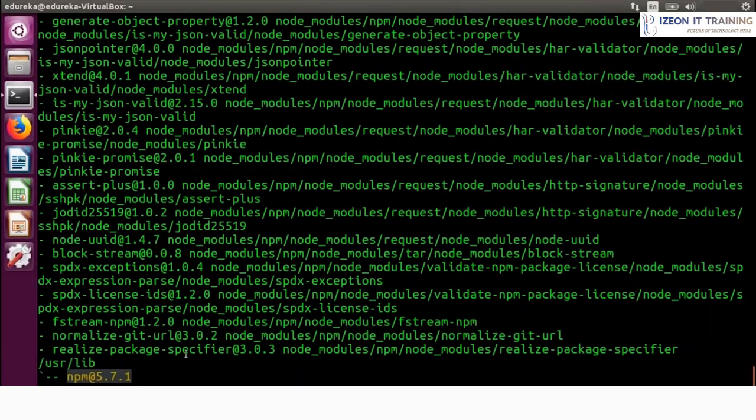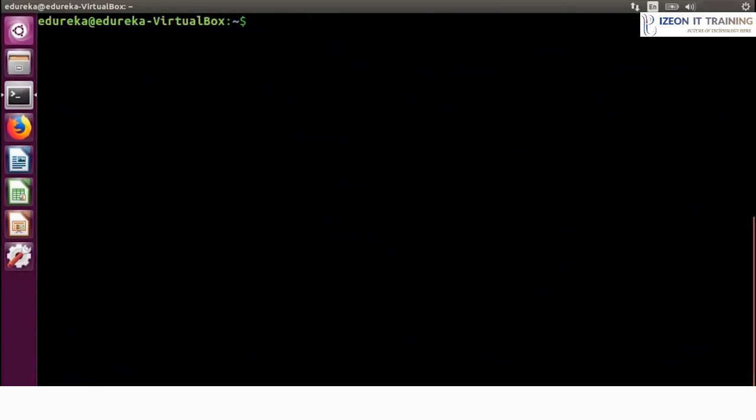So guys, our npm has upgraded to version 5.7, which is great. Now let me just clear the screen for your convenience. Okay. Now guys, we need to run the test RPC on our terminal to deploy and test our blockchain contract. Now test RPC is a Node.js based Ethereum client for testing and development. For that, we need to create a test RPC file. So we type in the following command: